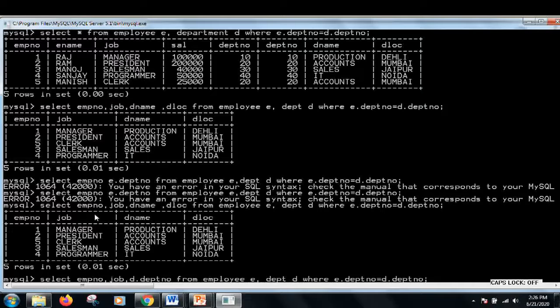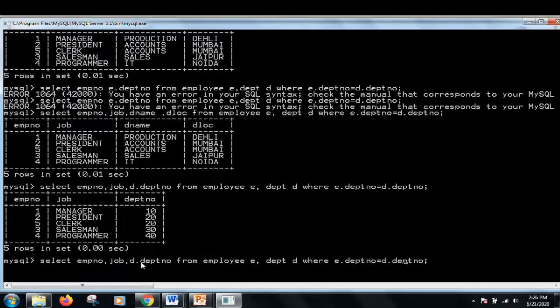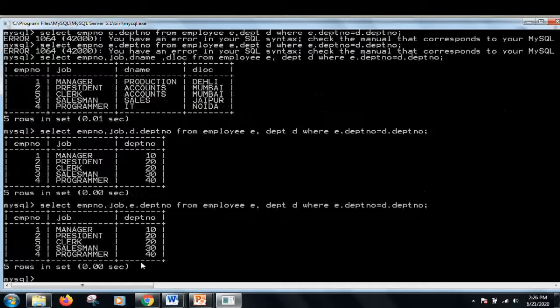I am taking only D dot department number. See, I am getting only the department field of the table. If I write this query with E dot, it will display the department number of the table employee.